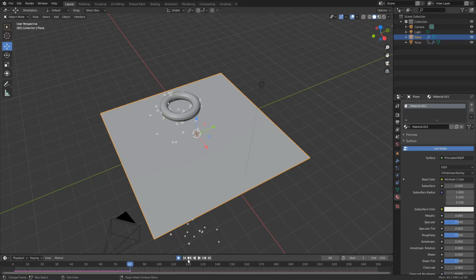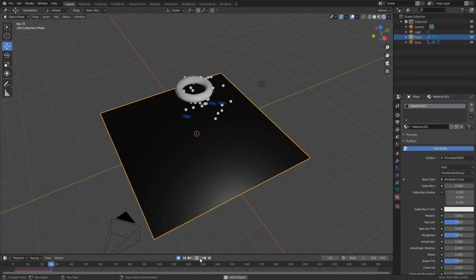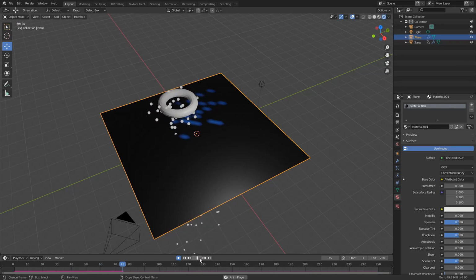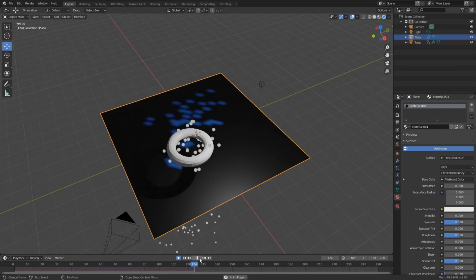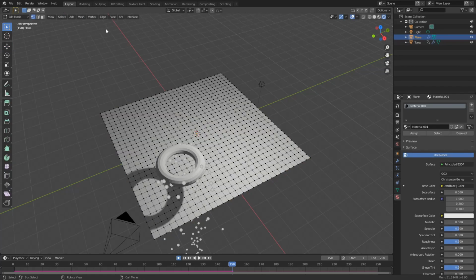I'm going to go back into layout, let's jump into render view and let's see what we get. Pretty cool. And this is what I was meaning by vertex. Now this is pretty blocky and we could use a little bit of smoothing and we could kind of cheat here, but just to give you an example, I'm actually going to tab back into edit mode, I'll select everything